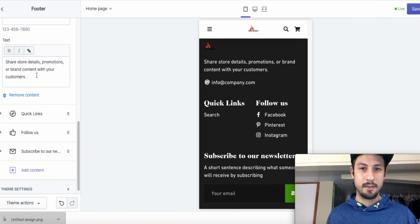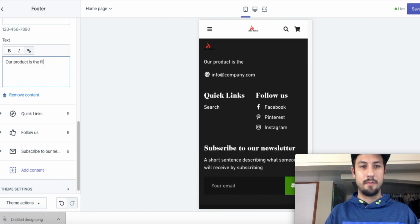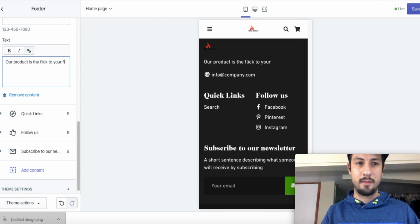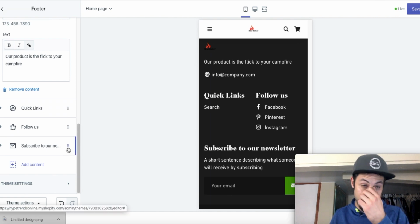For your text, it tells you share your store details, promotions, brands, other things. So you can also just put flick to your fire, campfire. Okay. We can optimize this better later too. I'll have to go in and